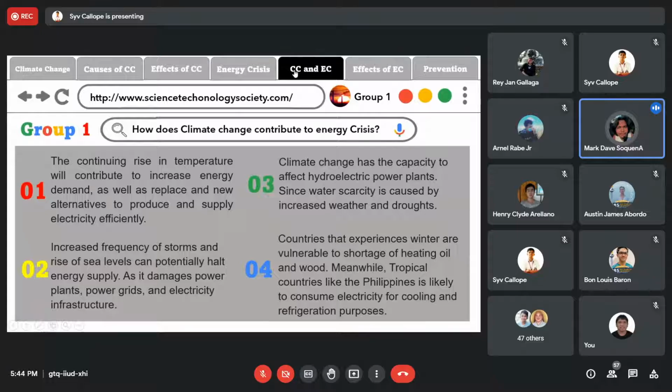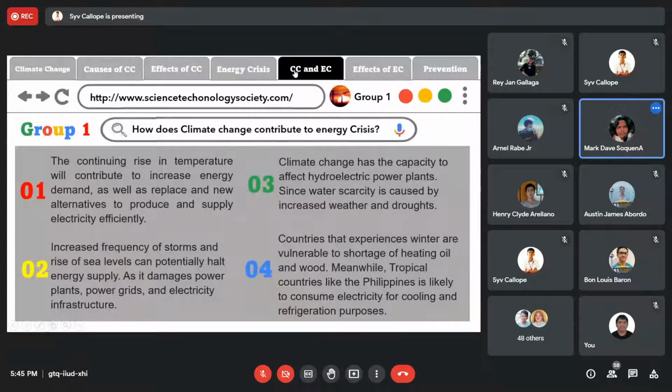The continuing rise in temperature will contribute to increased energy demand, as well as the need for new alternatives to produce and supply electricity efficiently. Increased frequency of storms and rising sea levels can potentially halt energy supply as they damage power plants, power grids, and electricity infrastructure. Climate change has the capacity to affect hydroelectric power plants since scarcity is caused by increased